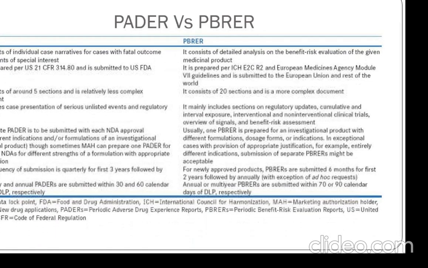As we move ahead, okay, we understood what is PSUR versus PBRER. Then what is the difference between the PADER and the PBRER? So again, there is a considerable difference, but as I said earlier on, if the PADER or the review periods are overlapping for an existing product and the previous PADER is already in place with the US government, the PBRER is allowed, as this is more comprehensive. When I say comprehensive, here are the key differences. Very wordy slide. I don't want to go through it entirely, but I want to pick and talk about some key points.